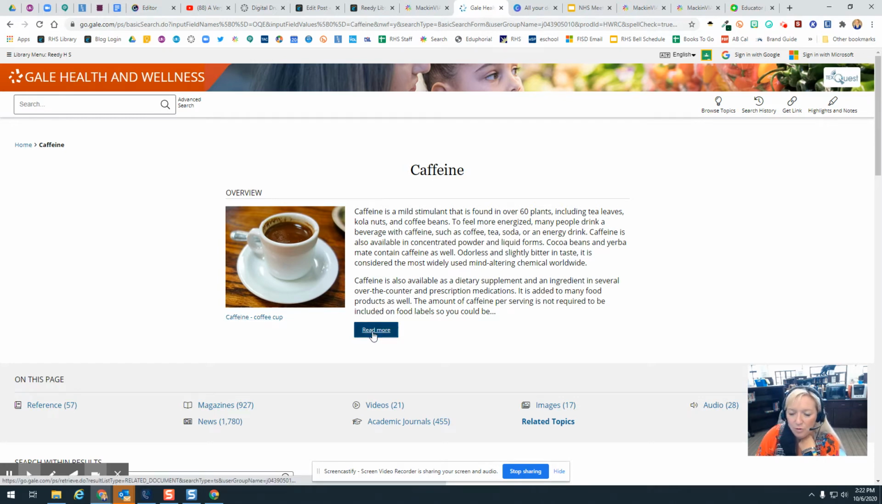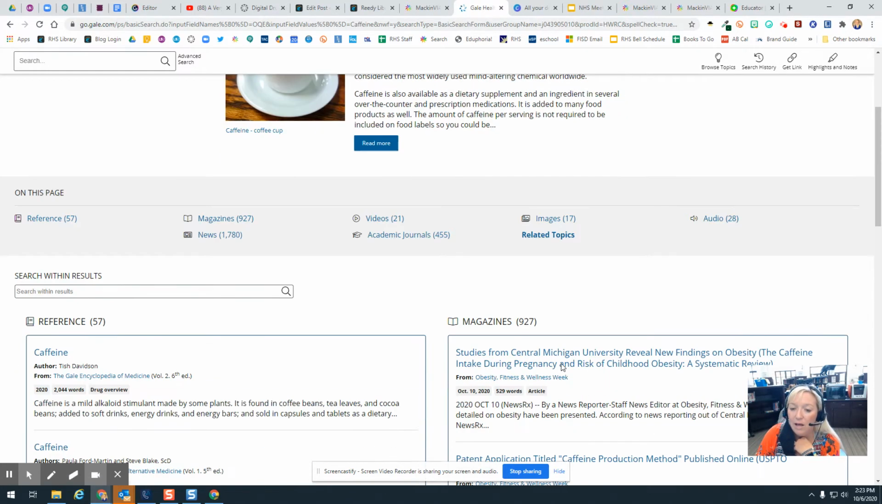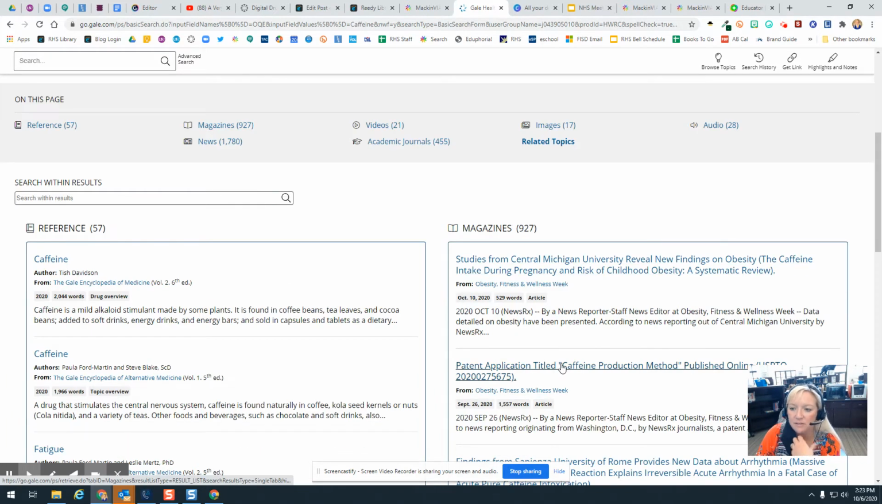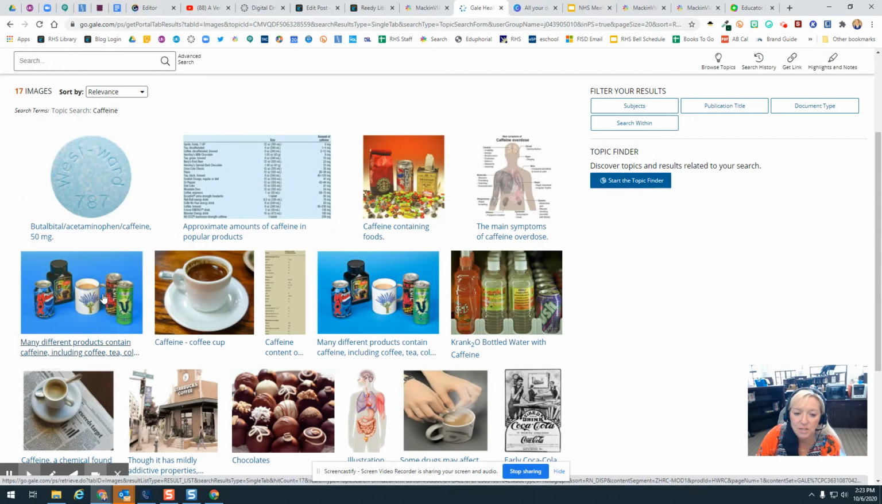So if I wanted to read more about this in the overview, I can. You'll notice there's also lots of reference articles, some magazine articles, news articles, some videos, and some images. Remember, anything from here that I use, I need to make sure and cite it, okay? So for instance, if I come over here to images and I click on images, let's say I want to use this image right here. I would click on it, and then I would click on the